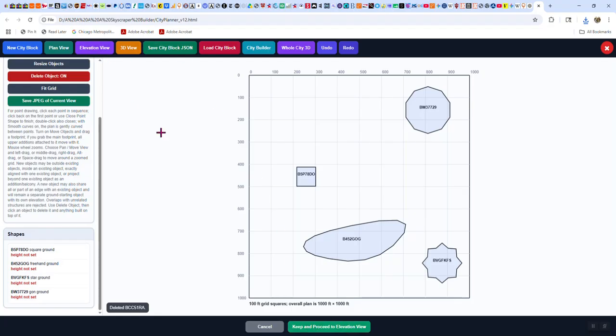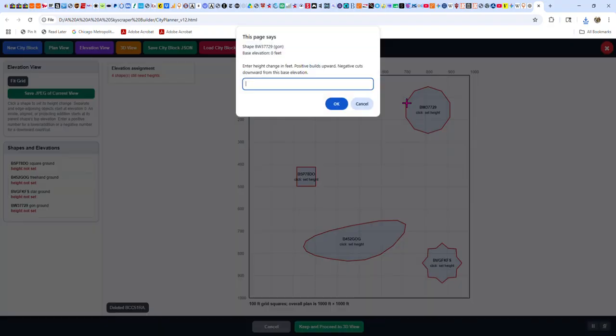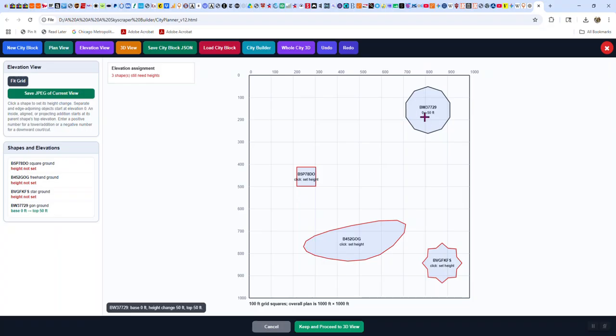So now it's called elevation view. Click down here, keep this. Now what it does is all those buildings, they don't have any heights. So they're circled in red. So you just click on it. And so that big, whatever that was, 10-sided thing, let's make it... average building story is somewhere like 10, 15 feet tall, I think. Maybe some are 20. And obviously some stories vary in height in some buildings. But here we're just going with feet. We don't have to tell how many stories. So I'll make it 50 feet tall. And it'll say that now. The bottom is at 0 and the top is at 50.